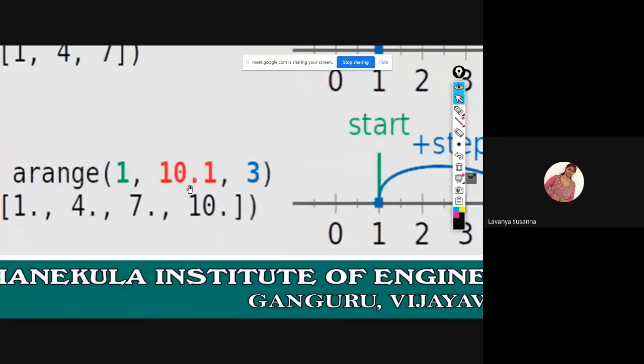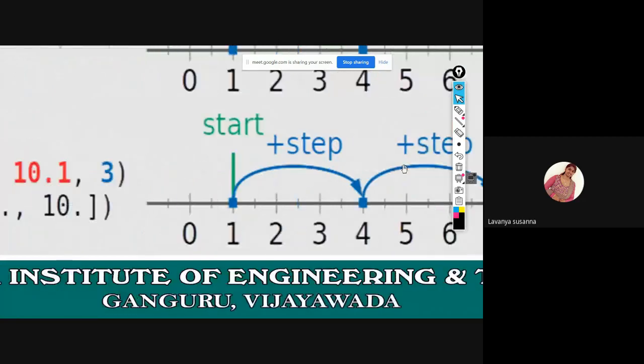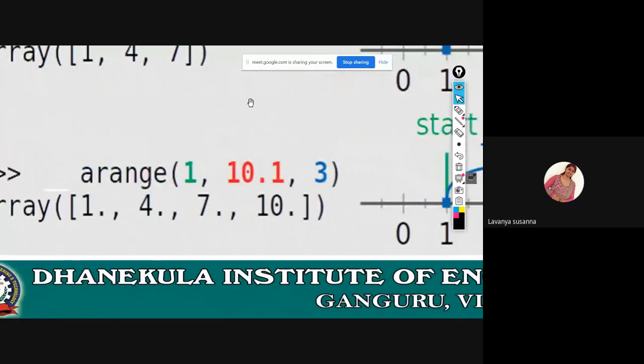You have given 10.1, so 10 also will be displayed. 10 is less than 10.1, right? You are getting floating point numbers because you have used stop value as a floating point number. So the values will be 1.0, 4.0, 7.0, 10.0.